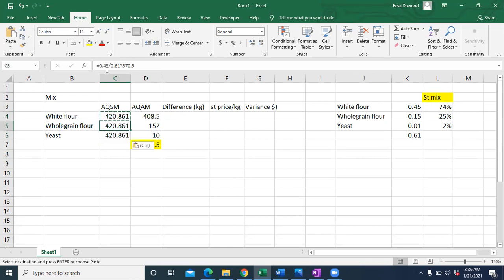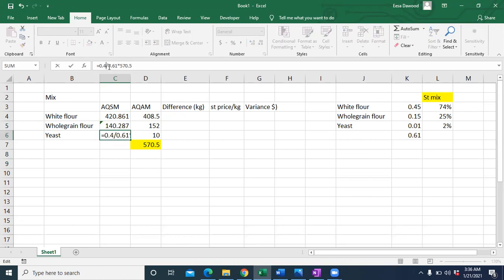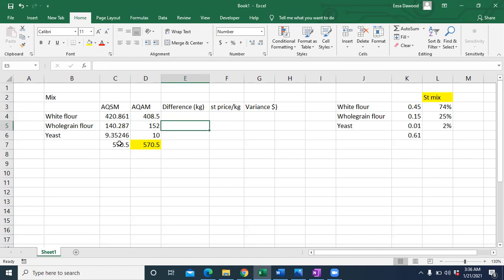Now I can only change this one, because this is going to be the same. I can just change it to 0.15, because the proportion of this is 0.15 and its proportion is 0.01. And see, I told you when it's mixed, there's no difference in the quantity. The quantity has to be the same. Only the proportion is different. You're using one less, so the other one more. So if one is pricey and the other is expensive, it will have an impact on the cost, and there'll be some cost variance. That is what we measure in the mix variance.